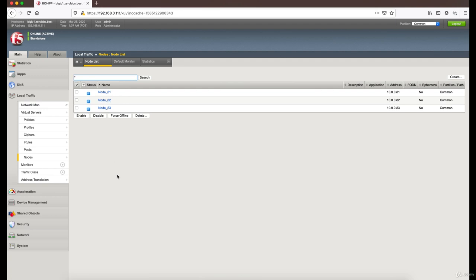Now what we need to do is group the 3 servers in a single pool and say this pool will contain the 3 servers that are responsible for serving web application 1. So when users connect to the LTM asking for web application 1, the LTM will select one of the 3 servers to serve the user. So if I draw it in